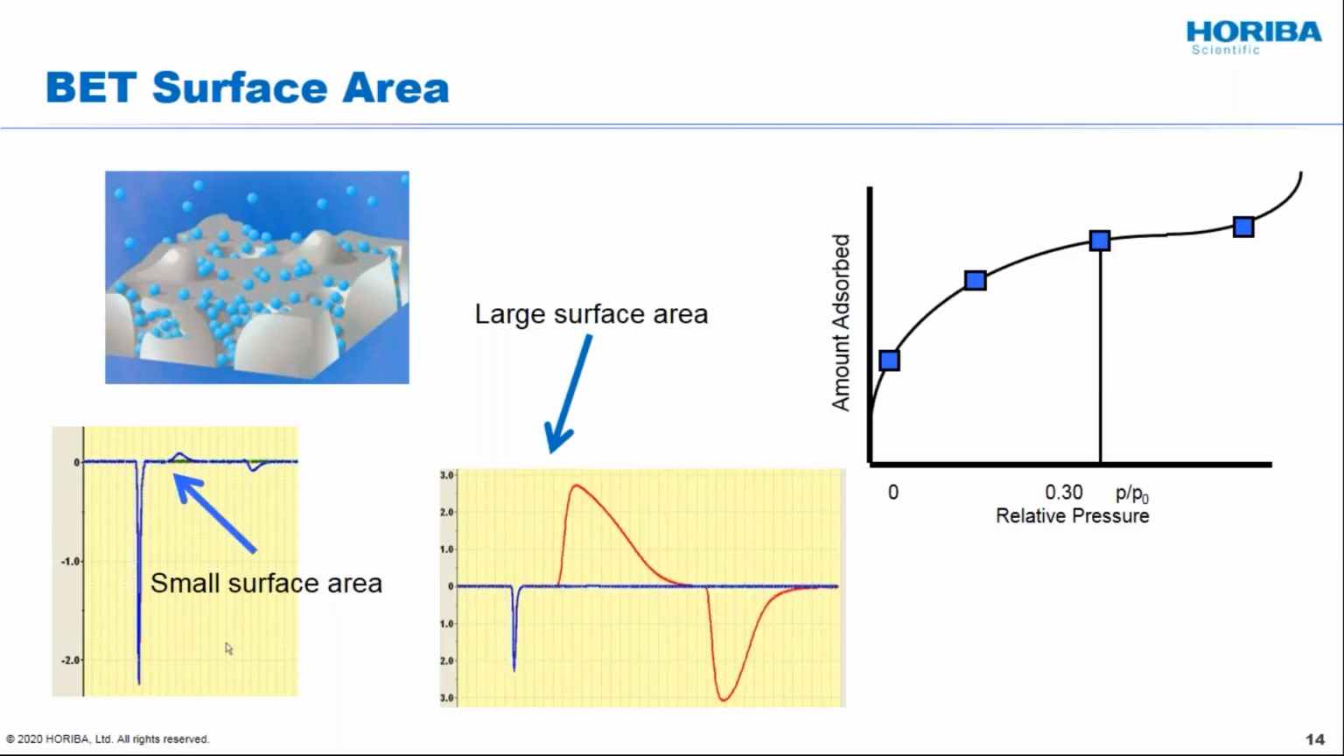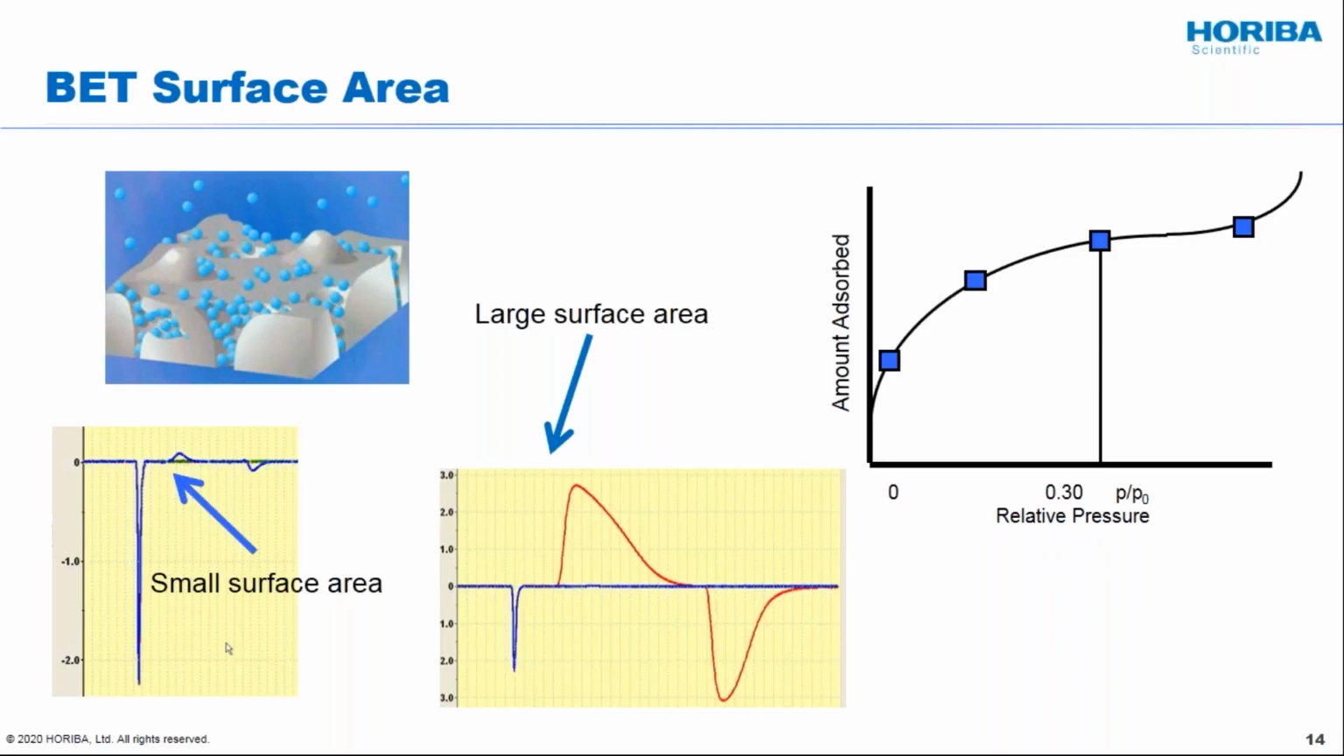And initially, what you do is you're going to take your sample and degas it to get everything off the surface so you have a clean surface. You're then going to dip that into a liquid nitrogen bath that lowers your temperature, and now the nitrogen will begin to adsorb on the surface. And so the area under that peak is the amount of nitrogen that got adsorbed